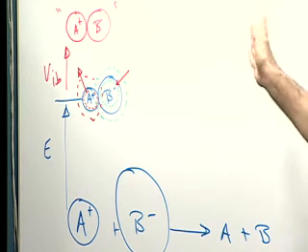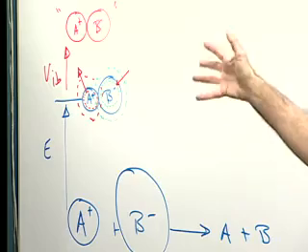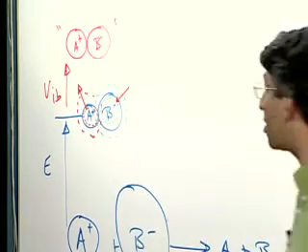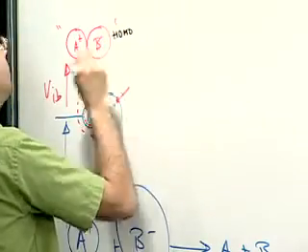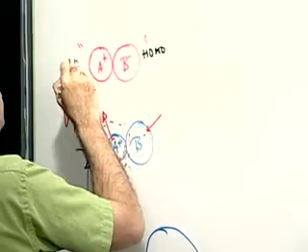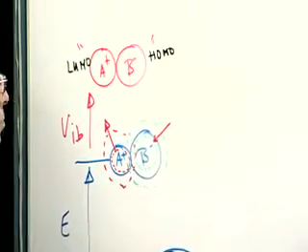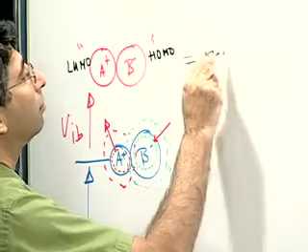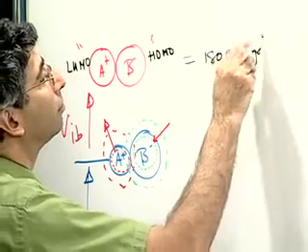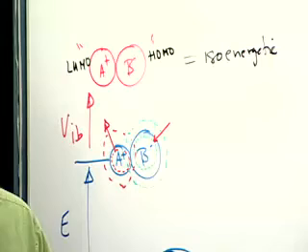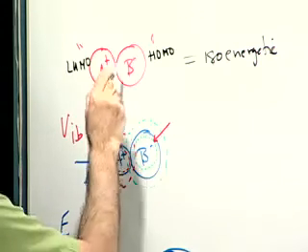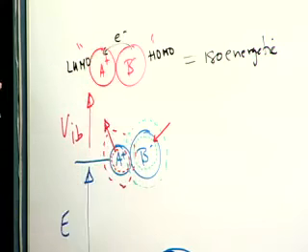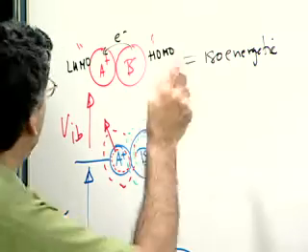And of course, when I meet that requirement under the conditions set up by Marcus, that means that the highest occupied molecular orbital in B and the empty orbital, the lowest unoccupied molecular orbital in A, are at the same energy. And now, of course, the electron transfer can occur at a relatively reasonable rate. And so at that point we get our electron tunneling from B to A. And at that instant in time, then,